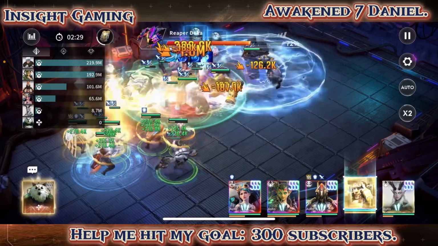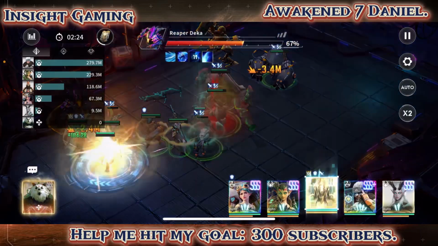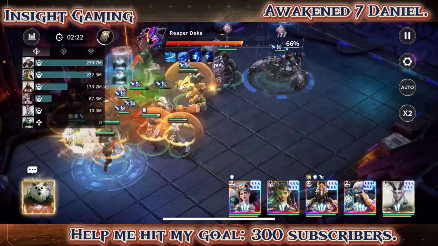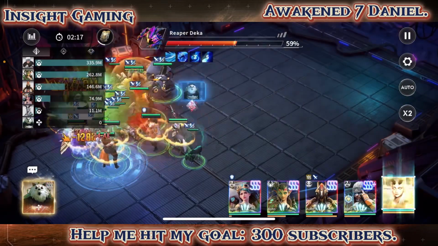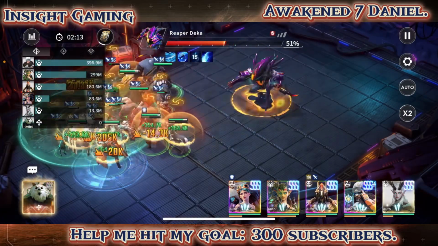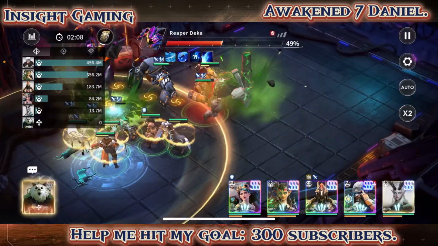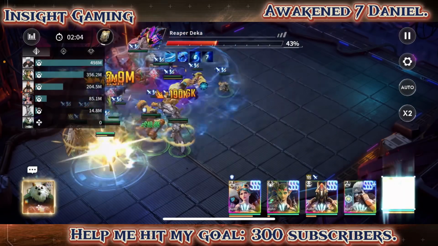Sif is not even gonna be able to catch up. But Sif is keeping up. And mind you, this is Immortal 2 Sif, so the damage is there. And the damage is looking pretty good. Daniel's gonna do big damage. And the question you're probably wondering is, is it worth bringing Daniel to 7? Of course it is. 5 is good because that's when you get the real